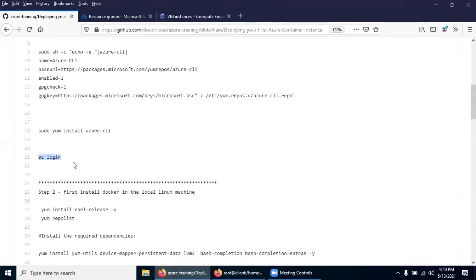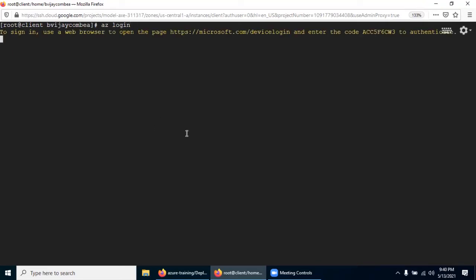Now we'll proceed. First, we need to synchronize this Linux machine, basically authentication, to your Azure account. So I'm just going to run az login. All you need to do is open the browser, go to this URL and type this code so that it will be validated automatically.